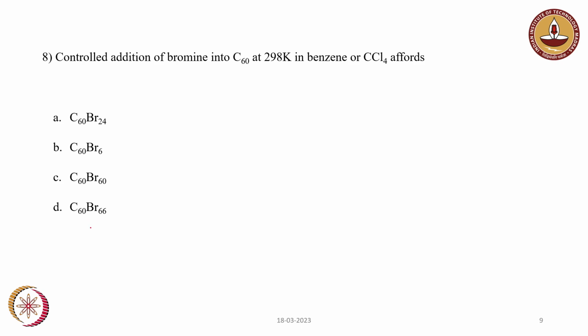So C60 can be functionalized with halides by various methods, and the reaction of controlled addition of bromine into C60 at 298 Kelvin in benzene or CCl4 will give C60Br6. So C60Br6 will be the product formed from this reaction,